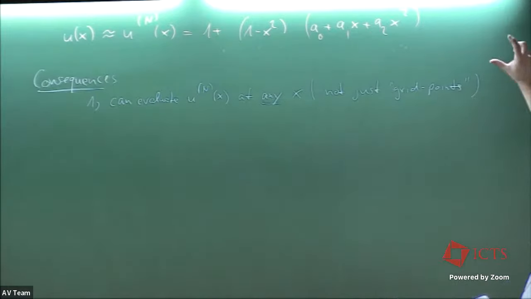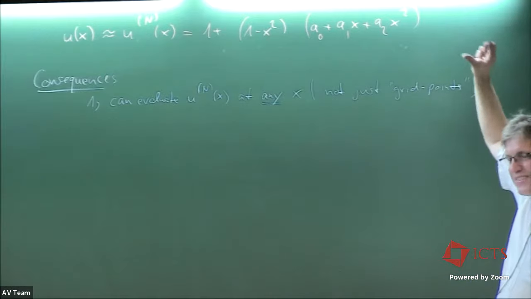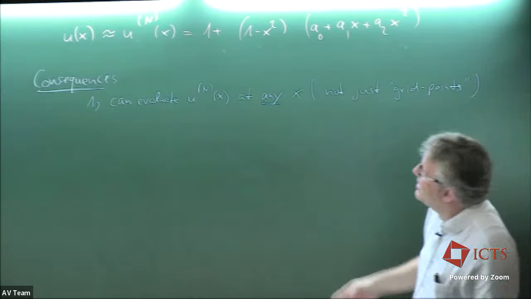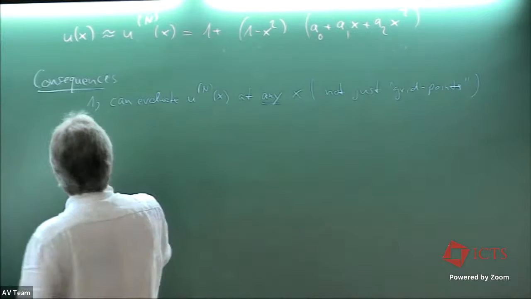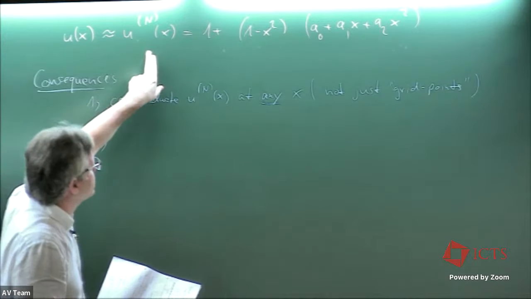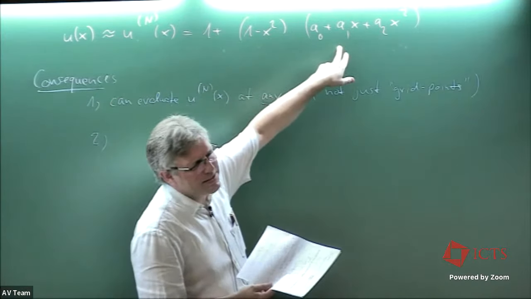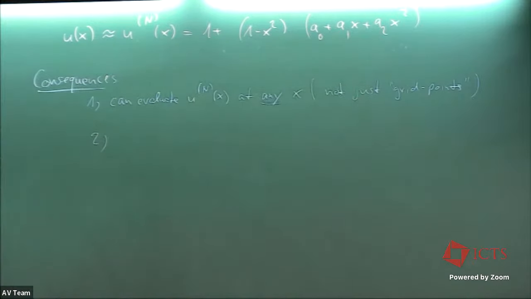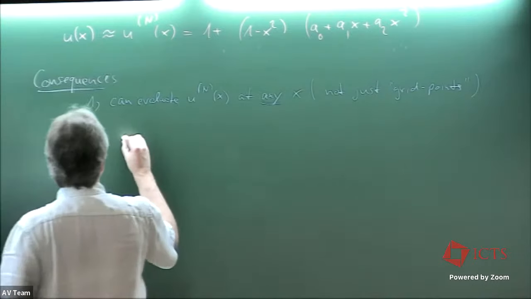But conceptually and fundamentally, we always deal with functions, not with discrete data. The next cool thing is, because we have functions and we know all about the functions, so here I'm picking a very simple Taylor series, but even if we have Fourier series or Chebyshev polynomials, we always have known basis functions where we can compute the derivatives as well. And so we can always compute derivatives exactly.